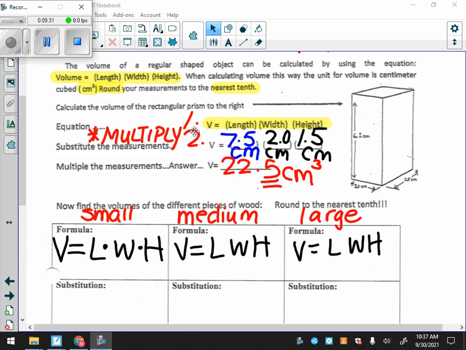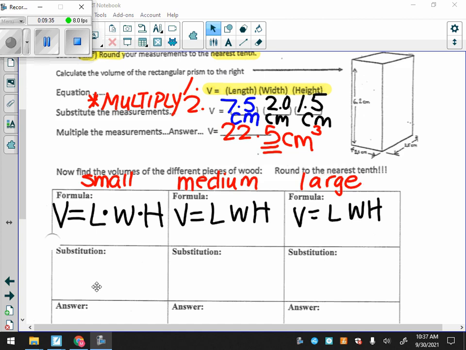I'm going to measure with you. The kids are at the lab tables. So we're going to look at the block and you're going to measure the block. So there's a small wooden block, there's a medium wooden block, and a large wooden block. I'm going to tell you the answers for the length of the first one. The length of the first block is 7.5 centimeters. The width of the first block